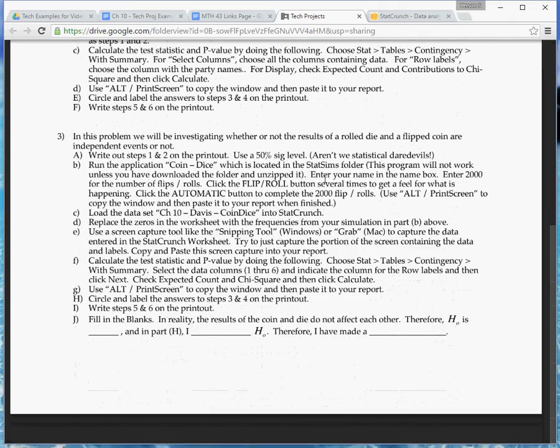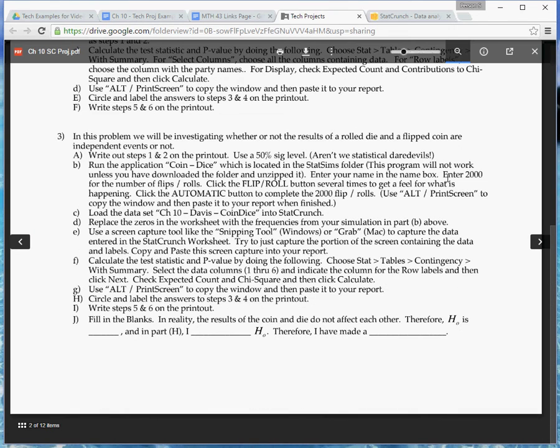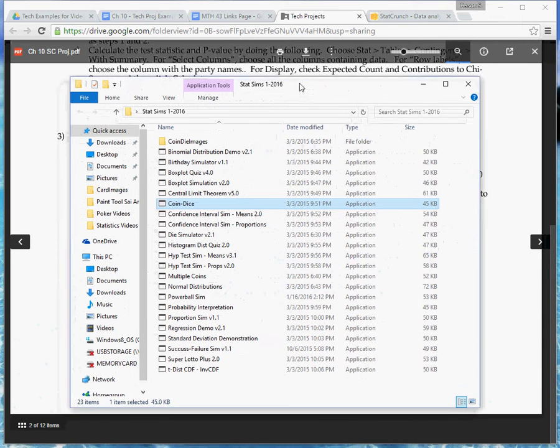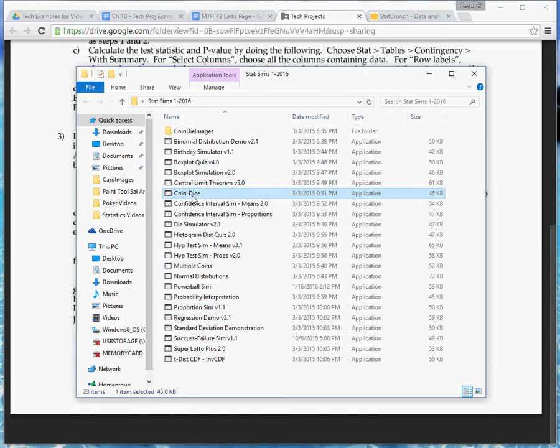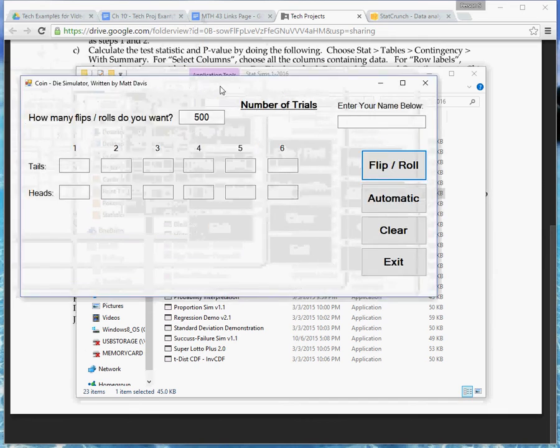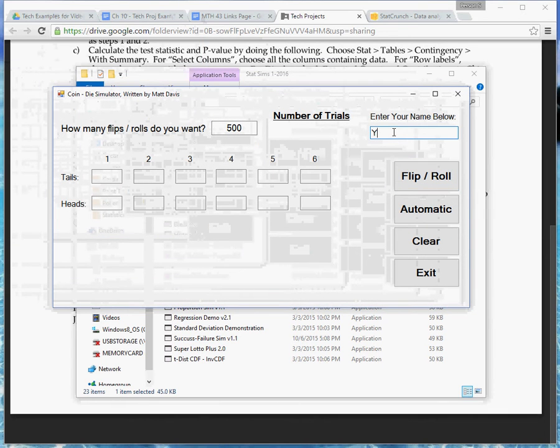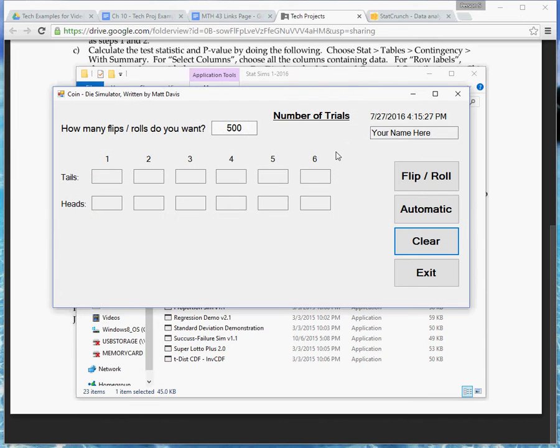Alright, so let me go ahead and open that up, and then we're going to enter our name, and we're going to enter 2000 for the number of flips and rolls, and we'll test it a few times and then click automatic to run it out. So I'll pull open the folder, and this is what it should look like. If they have kind of more of a greenish look, a lot of times that means you're still in the zipped folder, which is how you're going to end up getting the crashes. So I'm going to double click on coin dice, pull that into your window here. Make sure you type your name here, click a button to lock that in, change this to 2000,